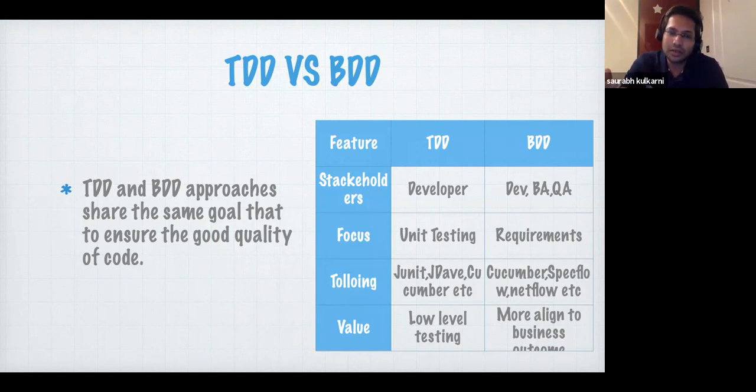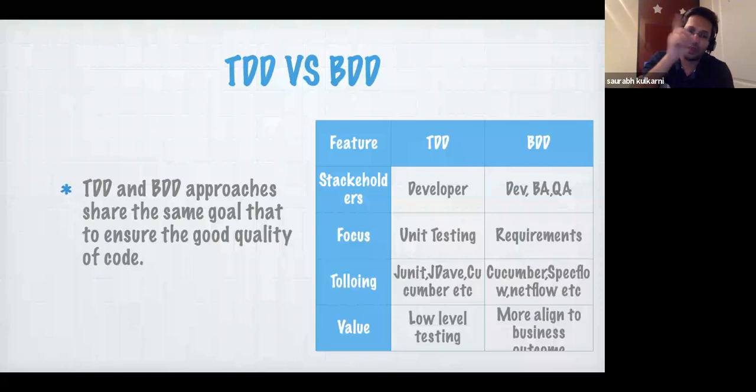If you see the focus of the TDD process, it is more on unit testing. What do you mean by unit testing? Whatever code we are writing, like I explained in the TDD definition, we need to first write the test, make it fail, write the code, make it pass. So we are talking about units here, so it is unit testing. What is BDD? It is more on the requirement that the BAs are giving us, like when and then. When the when event occurs, what needs to be the result then. So that's more of a requirement. So that's the BDD.